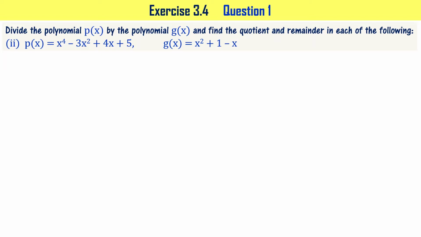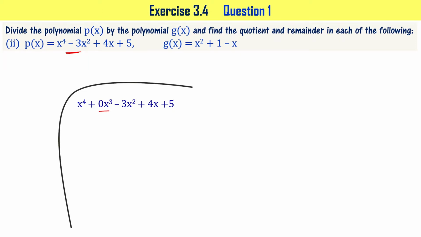Let's do division. For that, let me write p of x, which is the dividend, x power 4. If you observe here, there is no x cube term, right? That's why I have written here 0x cube. It's always important to write like that. Otherwise, sometimes it can lead to some wrong calculations. The rest of the polynomial is written as is.